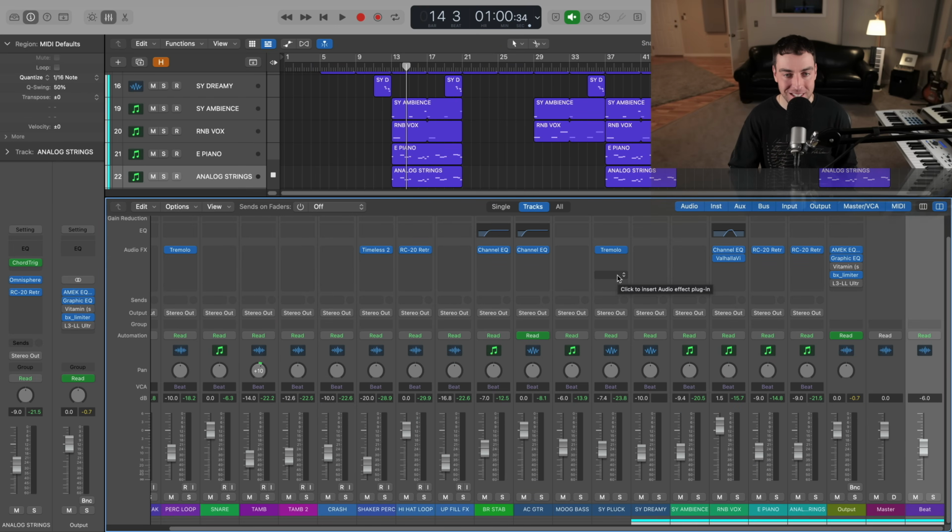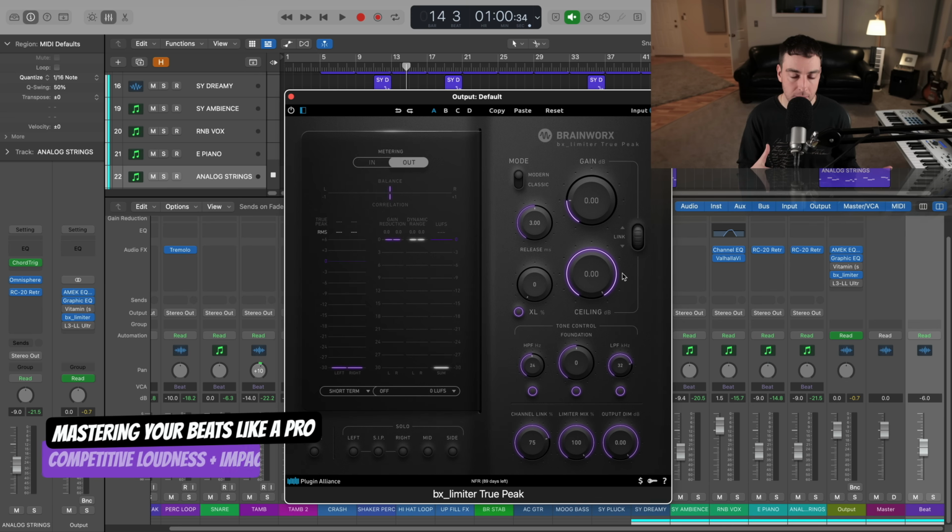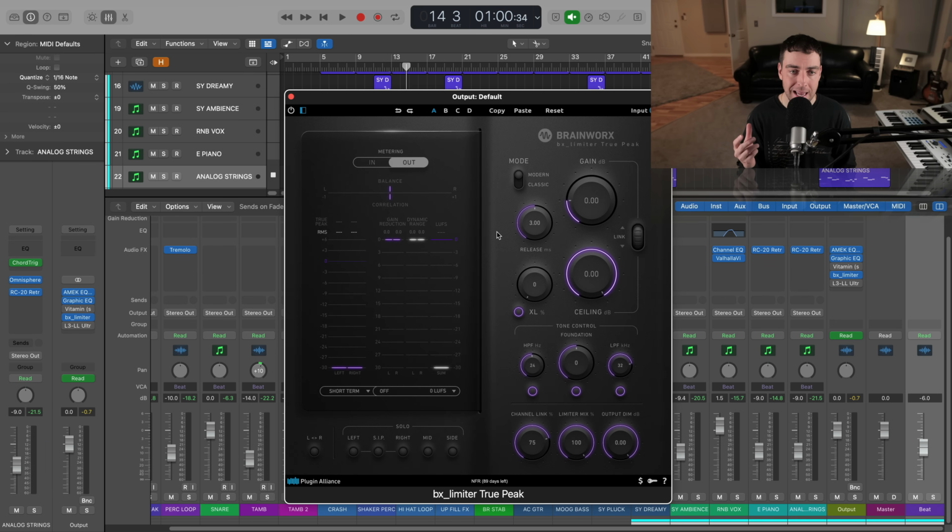All right, so the third and final process we're gonna take a look at for mastering your beats like a pro is a limiter or a maximizer. But we're gonna talk about some extra bells and whistles here on this particular plugin that make it very transparent and just retain your dynamics, which I can't stress that enough, that limiters and maximizers are not created equally. So while I'm going to show you two different options, and I use a handful of limiters and maximizers that I really trust with my dynamics. Some of them have a more glued sound, and depending on the style, they can really wreck your low end and your drums. But these two, I promise you'll be in good shape.